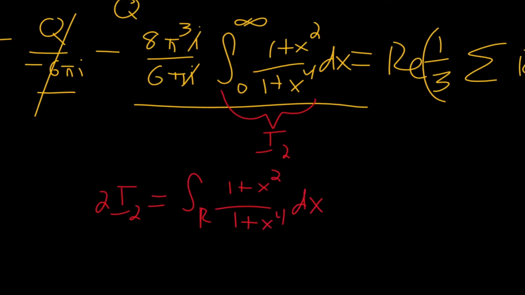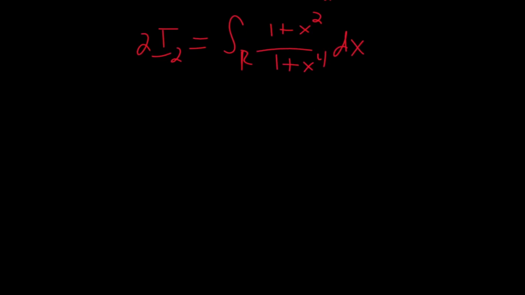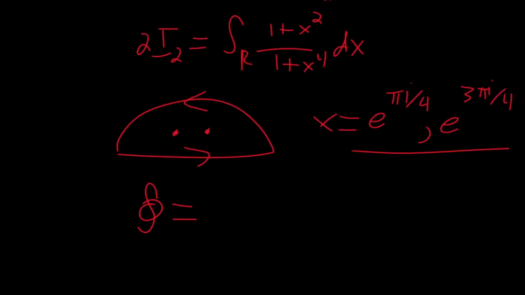And we can just use the residue theorem here, or sorry, we can use complex analysis here just to determine what this integral actually is. Let's just do that, shall we? We're just going to be using this contour right here. And we're going to have two poles, because we're going to have poles at e to the pi i over 4, and then also e to the 3 pi i over 4. Those are the only ones that are going to be enclosed by our contour. There are others that we'll deal with later, but for now, let's only worry about these. So by the residue theorem, our whole line integral is going to be equal to 2 pi i times the sum of our residues. So we have 2 pi i